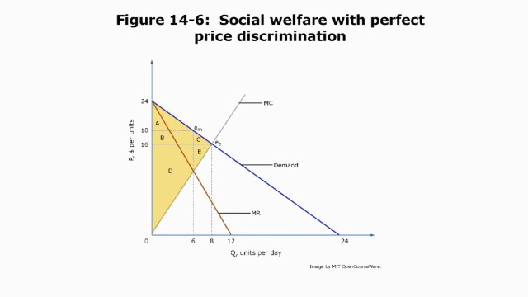But what's producer surplus? Same person. What's producer surplus? Everything. Everything else. A plus B plus C plus D plus E. There's no deadweight loss. You get exactly the same social welfare as you got with perfect competition. It's just divided differently. With perfect competition, consumers got A plus B plus C. Producers got D plus E. With a perfectly price discriminating monopolist, the monopolist gets everything. But the total shaded area is the same.